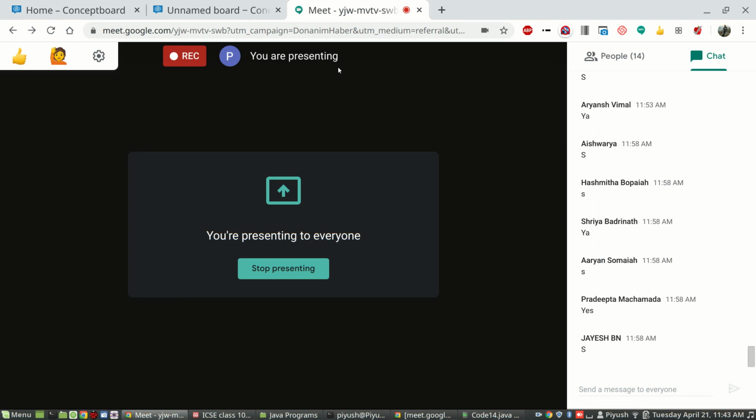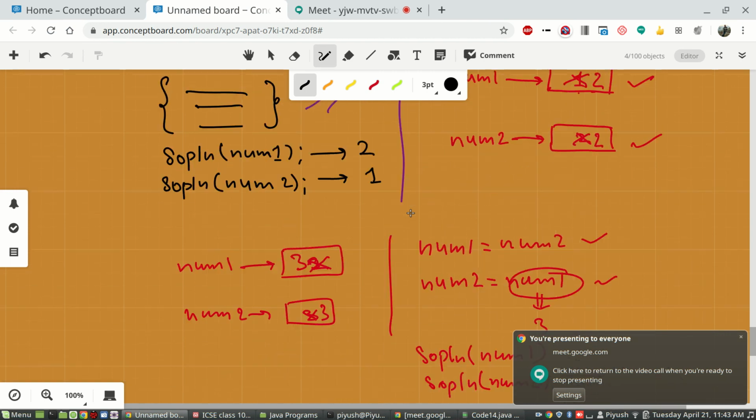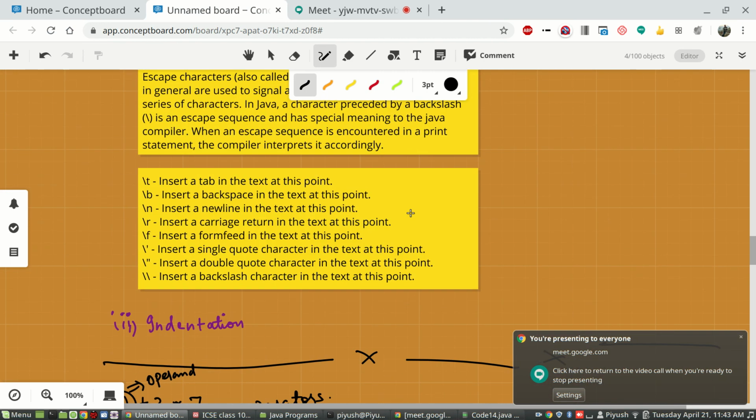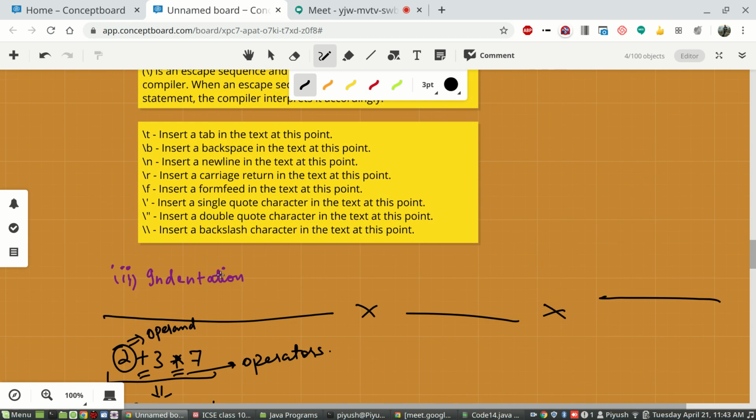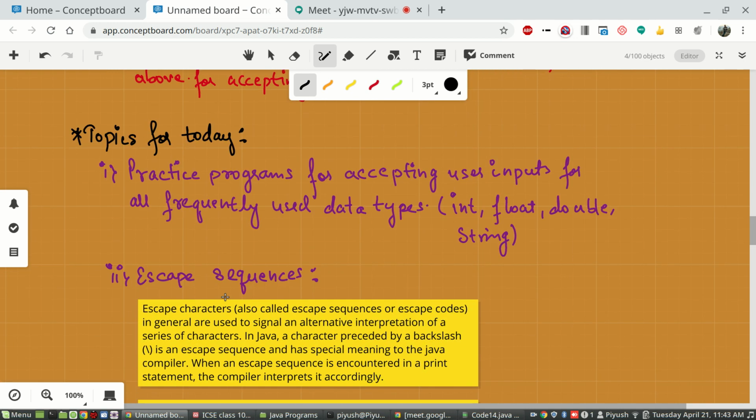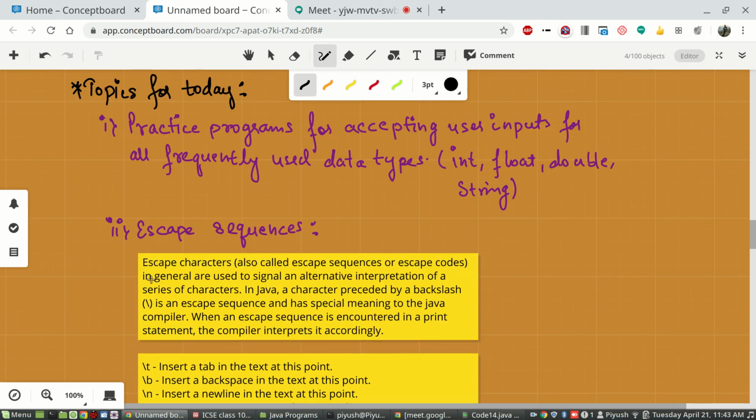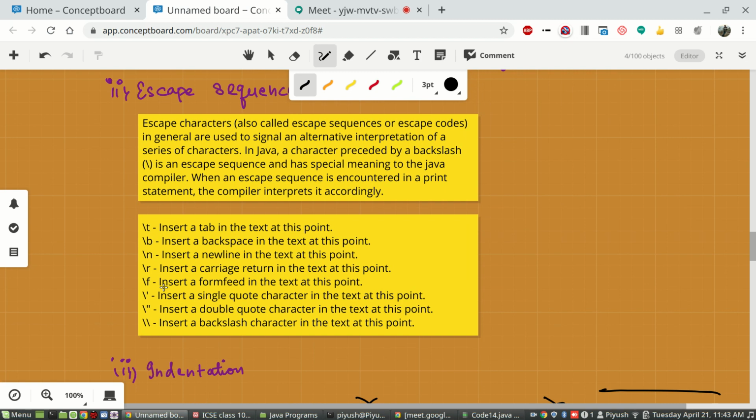Okay, so now see, a bit was left. I intended to cover two topics, but won't proceed further: escape sequences and indentation. Very small topics. So we'll start with these topics in the next class. I'll just mark it off here. To be continued in the next class. Okay, fine. I'll share the topic, and most probably this coming Saturday or Sunday we'll have one test. So be prepared. I'll be sharing the programs today itself.